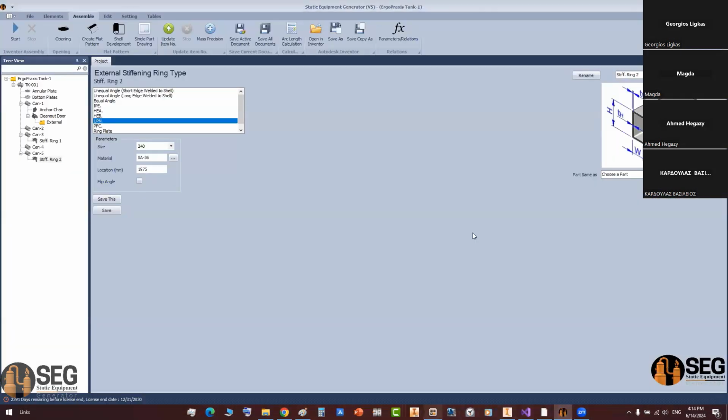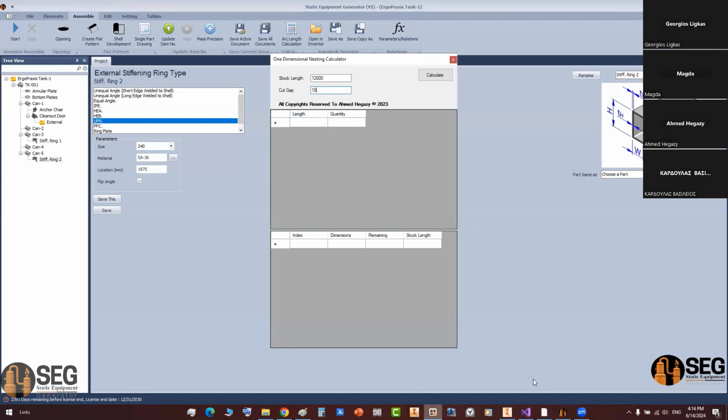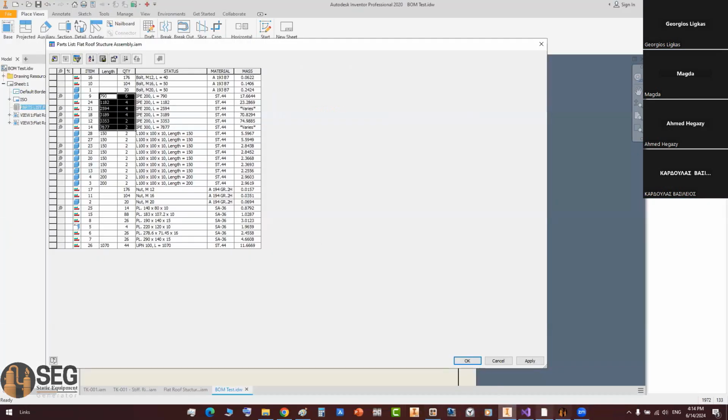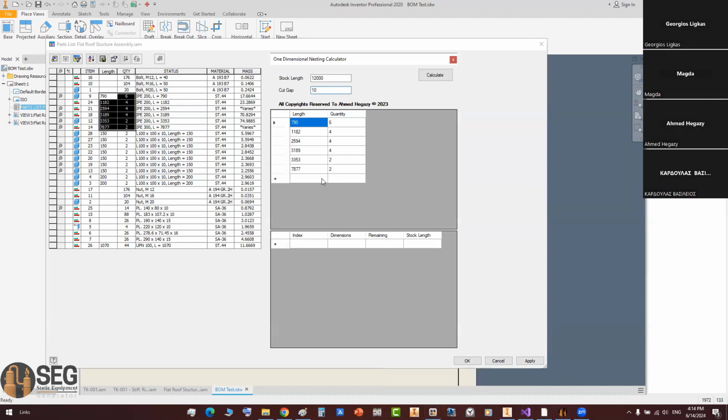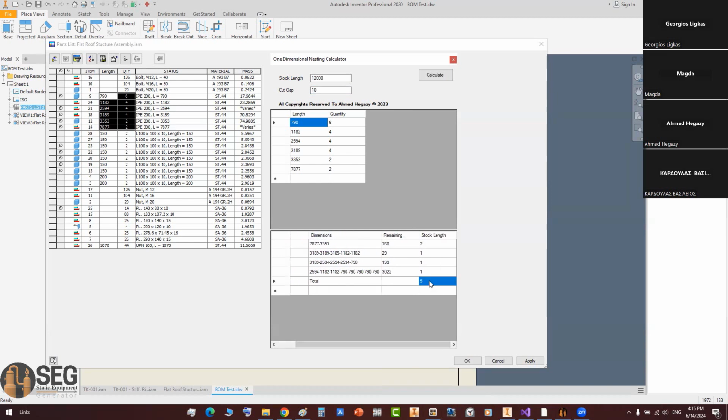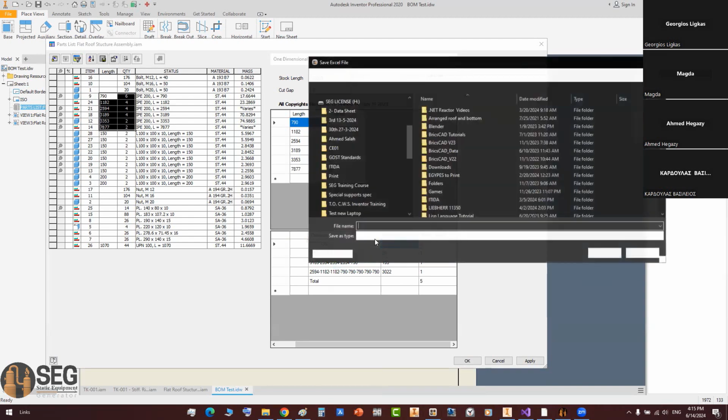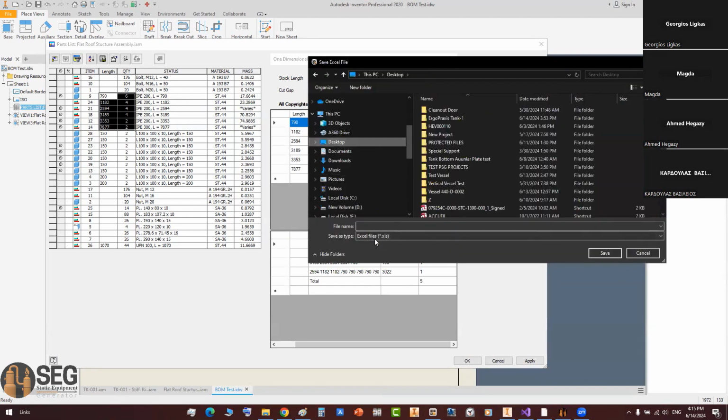So from here, let's open the one-dimensional nesting tool and make a best arrangement. We can take a copy from them here, and we may need to export them in Excel, but if it's not pasted, okay, it's pasted here. Now, when you click on calculate, as you can see here, in total we'll need 5 beams with 12 meters length, and they will be cut by that configuration. We have 2 beams that will be cut with that arrangement, 7 meters and 3 meters, and the remaining value will be like that. So let's export this Excel sheet to the desktop. IBE 200, and click on save, and let's close this one,